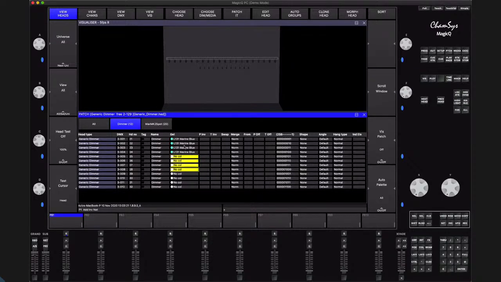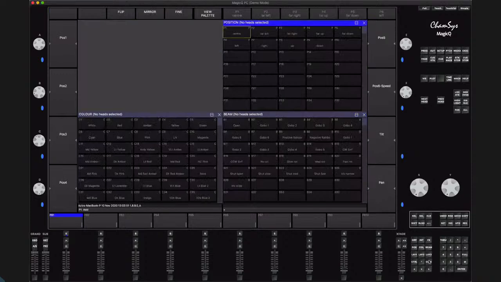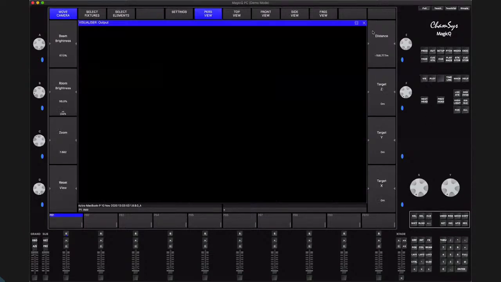These numbers are just an example. I just came up with a number, let's say Lee filter 131, and you type it in. If you don't know the number but the gel looks red, you can select the gel and type red, in English, and press enter, and it changes to red. Now, if we select all these lights,